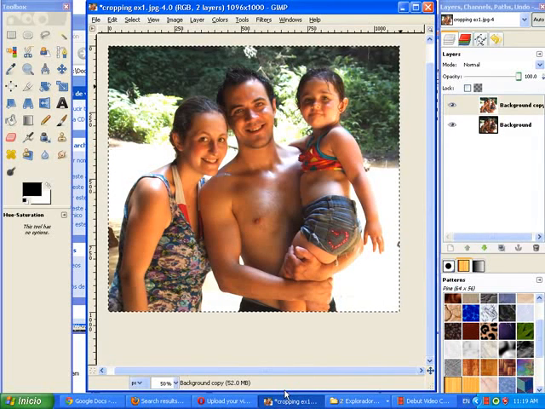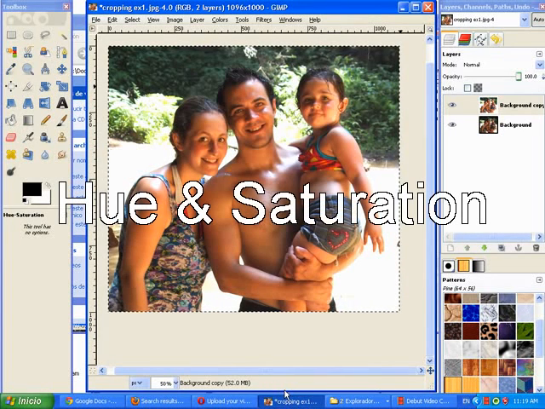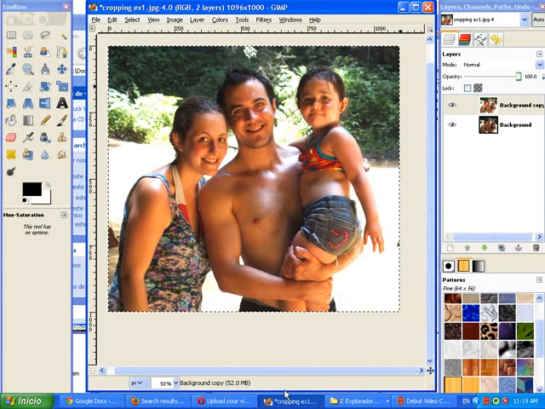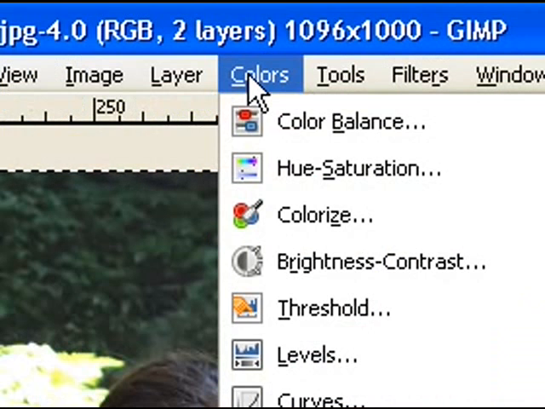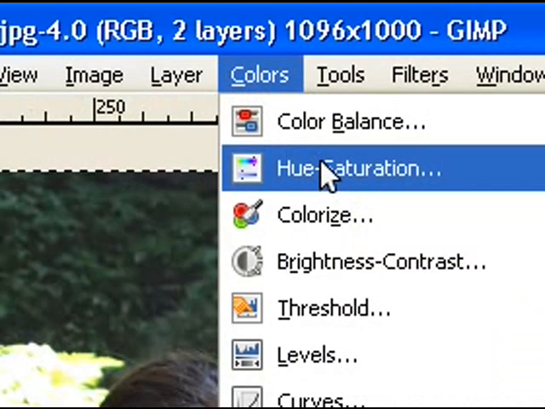Now I'd like to show you the hue and saturation tool, which is a really nice tool for either desaturating your photos or saturating just parts of your photos, and I'll talk a little bit more about what that means. So again, if we go up to the colors menu and we click on the hue and saturation,